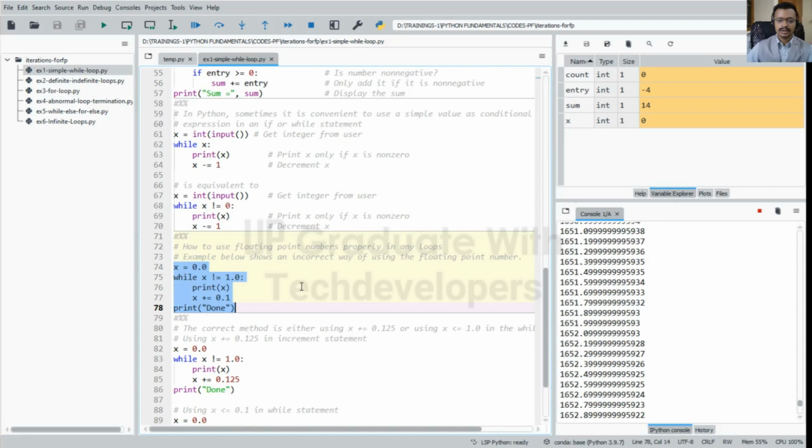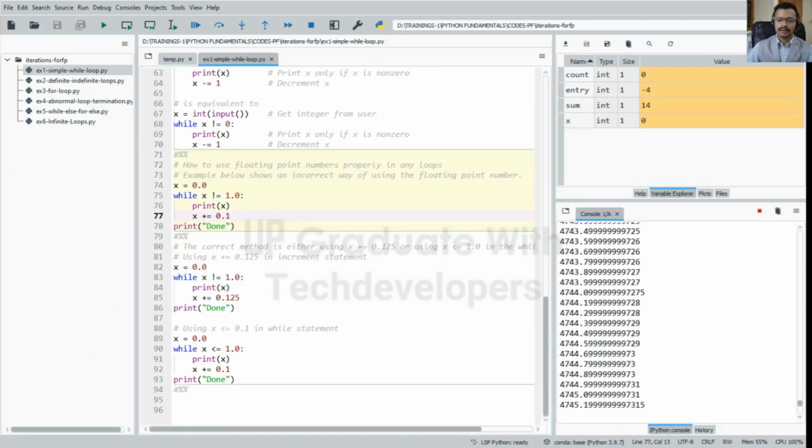So do you guess why? Because the program runs without stopping, because of the logic here: x is equal to x plus 0.1. For this statement, x will not become 1.0 exactly unless all the fractional parts of x sum up to 1.0,